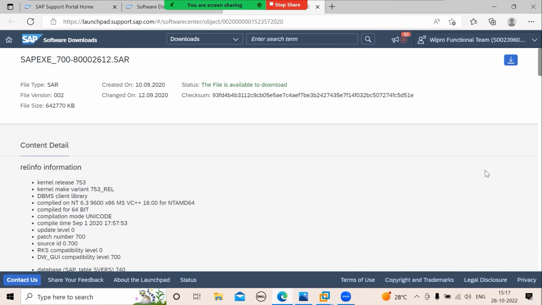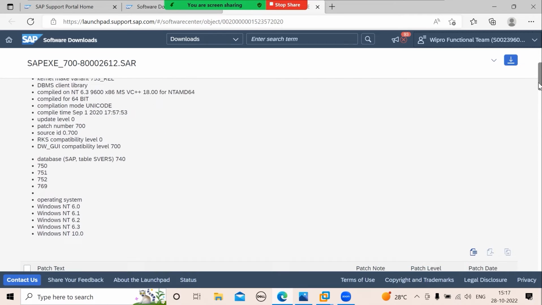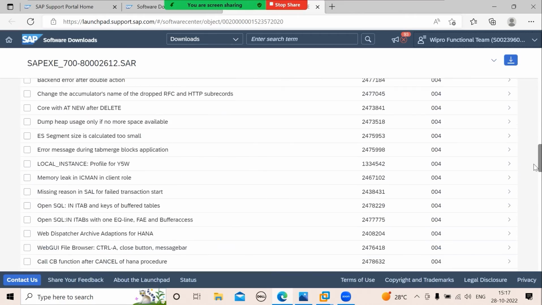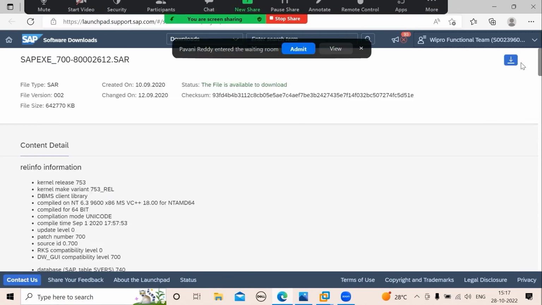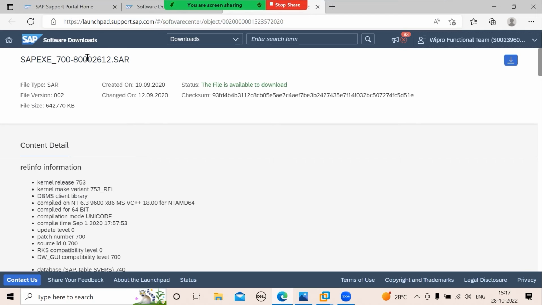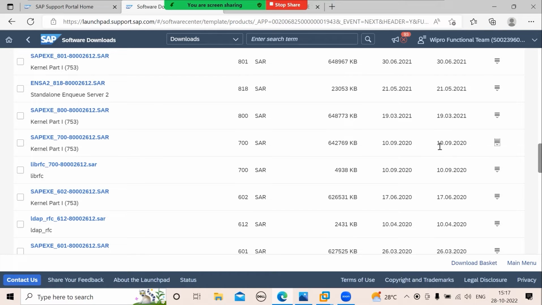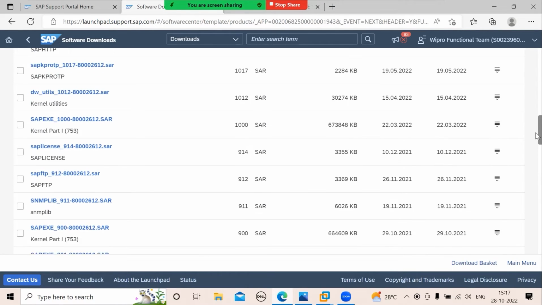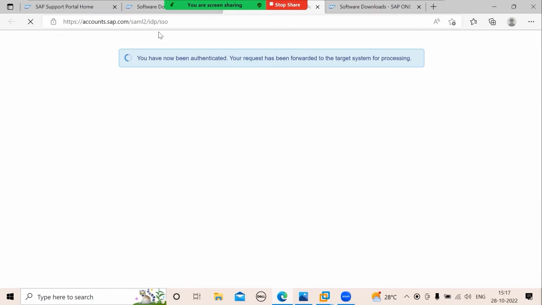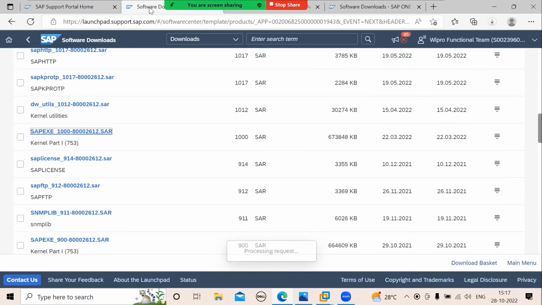Okay. So you have to read that content info. That content info will tell you the possible problems. See, if I open that content info, there will be some notes. We have to read these notes. If you go with any note, exe 700, for example, I will show you another one. If you go to this content info,